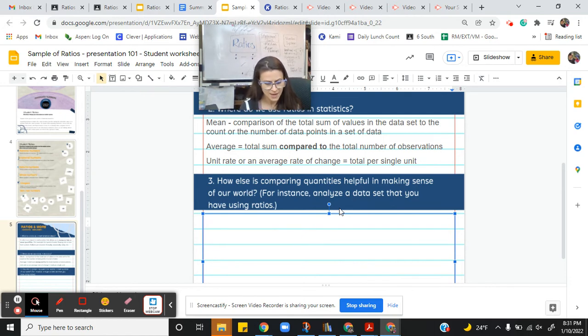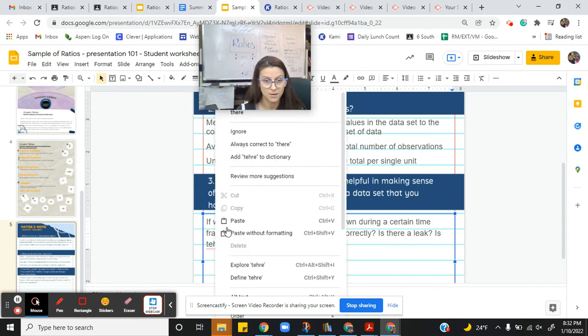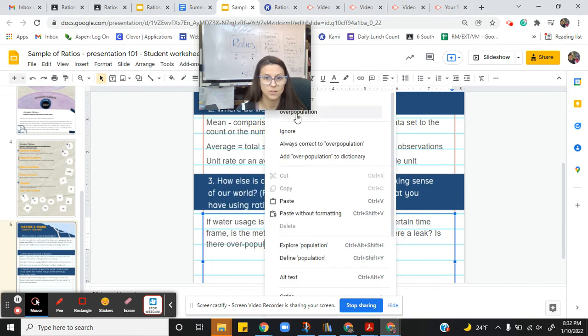So exactly that. If water usage is abnormally high in a town during a certain time frame, is the meter system measuring correctly? Is there a leak? Is there overpopulation that our water system isn't prepared to handle? Those are things that